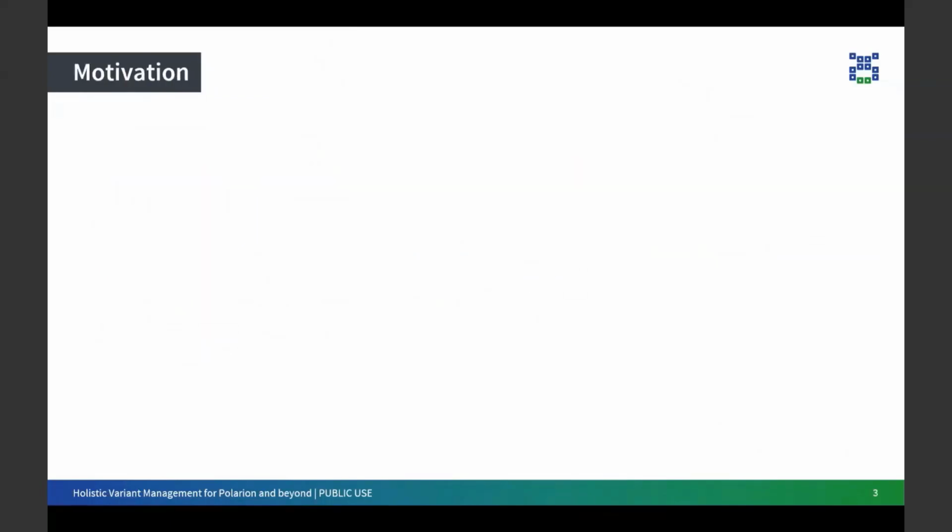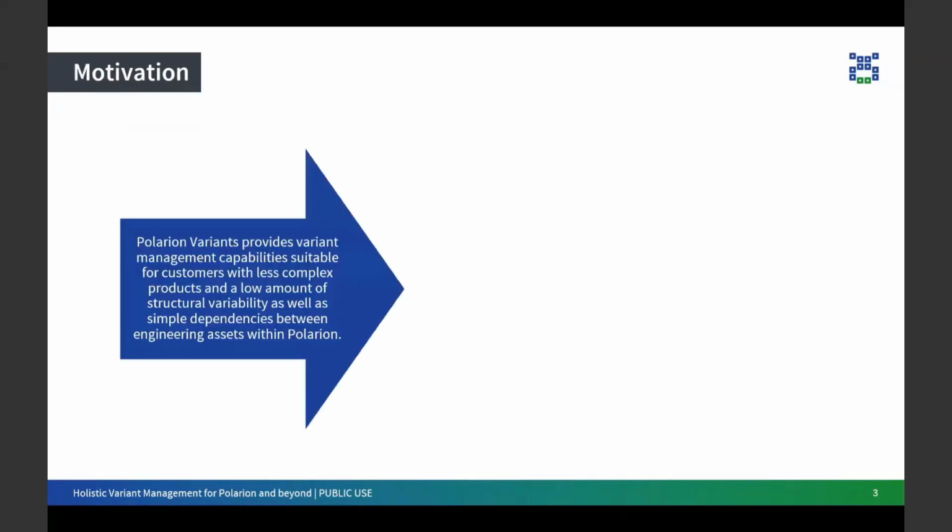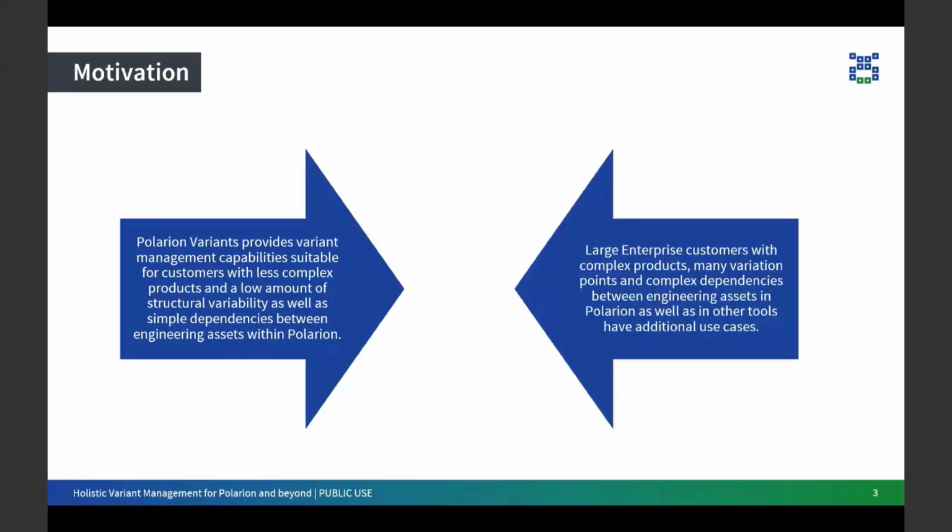And I want to start by giving you some motivation about why we wanted to do another connector. Because there is already Polarion Variants, and it's working very nicely as a fully integrated variant management inside Polarion. And this will stay as it is. And the reason we are now coming up with a new pure::variants connector for Polarion is